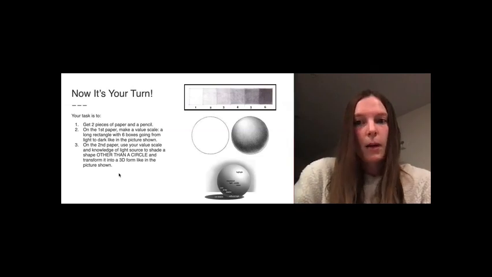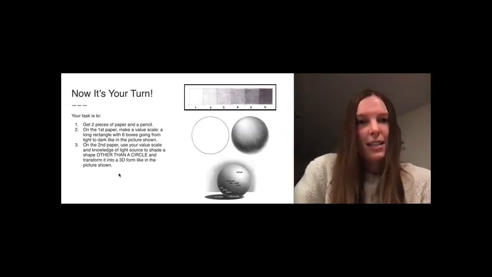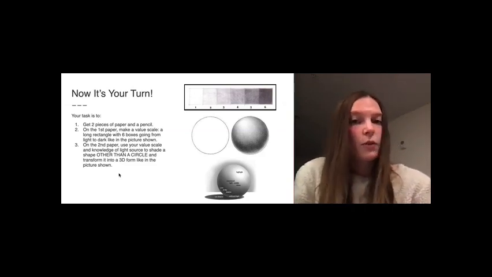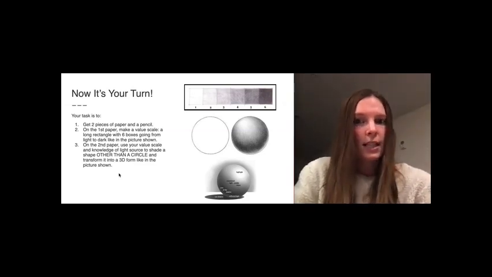And on the second paper, I want you to choose a shape other than a circle, because I already gave you that. So now it's time for you guys to think of something different. You can choose a triangle, you can use a square, a rectangle. If you want something challenging, you can do a challenging 2D form, though I don't know if you should start with it. Let's start with something simple, maybe just to make sure you guys get the hang of it.